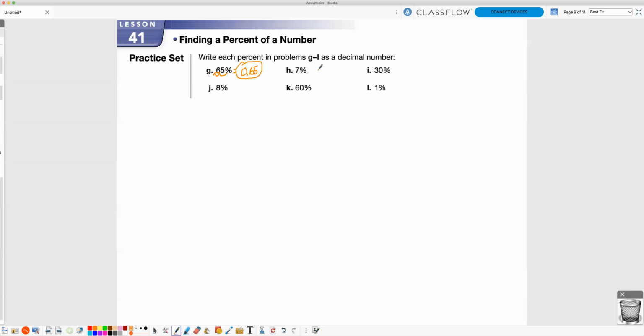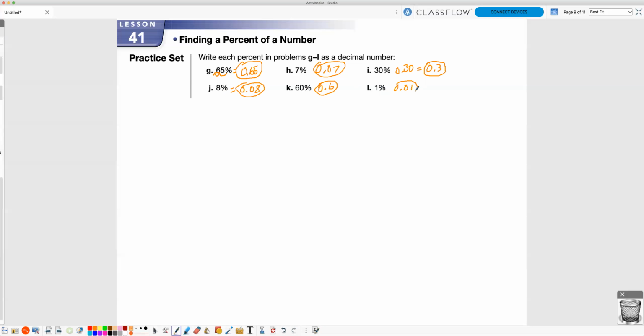Letter H, 7%. Should be 7/100ths. Letter I, 30%. Should be 30/100ths, which is the same as 3/10. I'd say this would be the best choice unless you're talking about money. 8%. This would be the same as 8/100ths. 60%. Be the same as 6/10 or 60/100ths. 1%